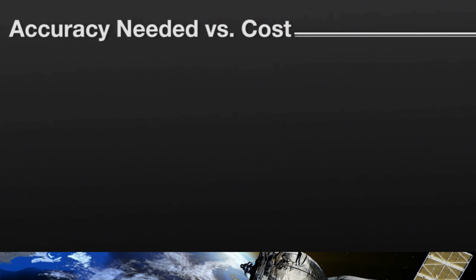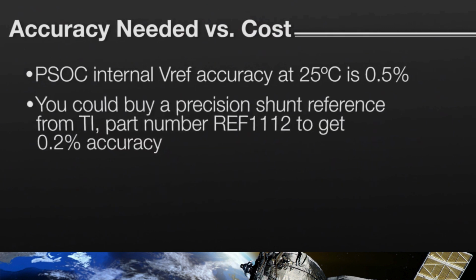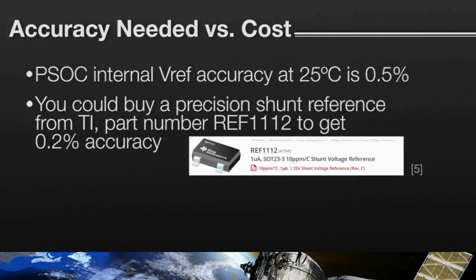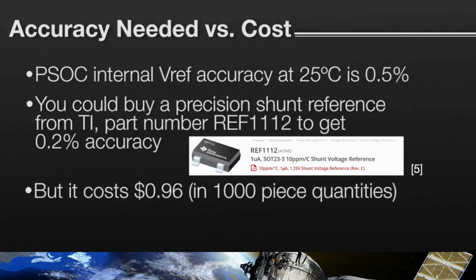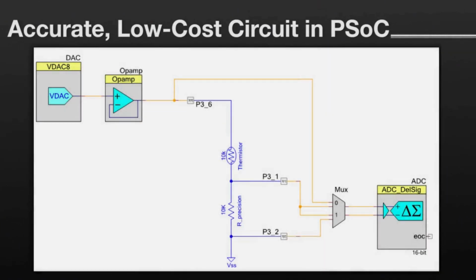Let's look at the accuracy of the voltage source. The standard PSOC reference voltage source has an accuracy of 0.5%. You could use a precision shunt reference from Texas Instruments that has 0.2% accuracy. However, that will add 96 cents to the production cost of your system. You'll save money if you come up with the circuit diagram shown here and purchase a precision resistor for only